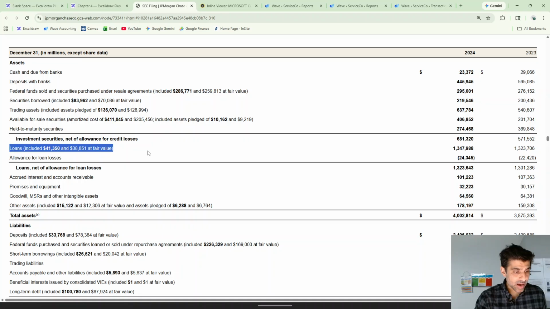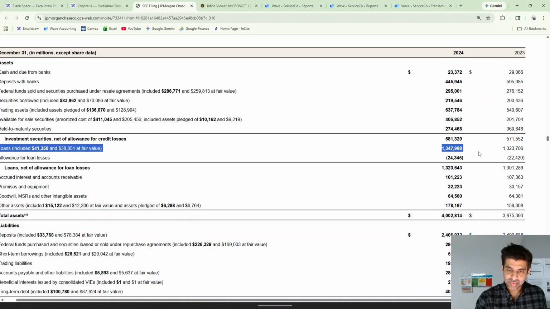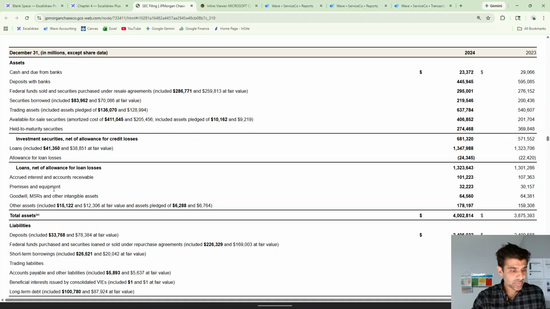They have loans that they've given out. You can see this is their largest asset. It's just loans that they have on their balance sheet. And then they have some goodwill and some random miscellaneous stuff. And so if you add all that up, they have